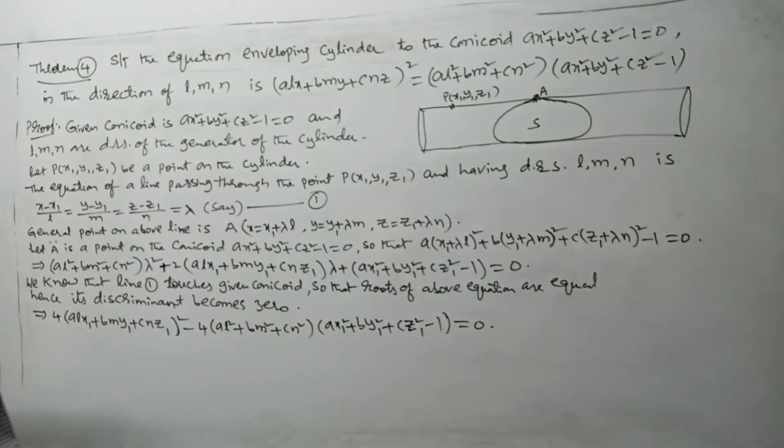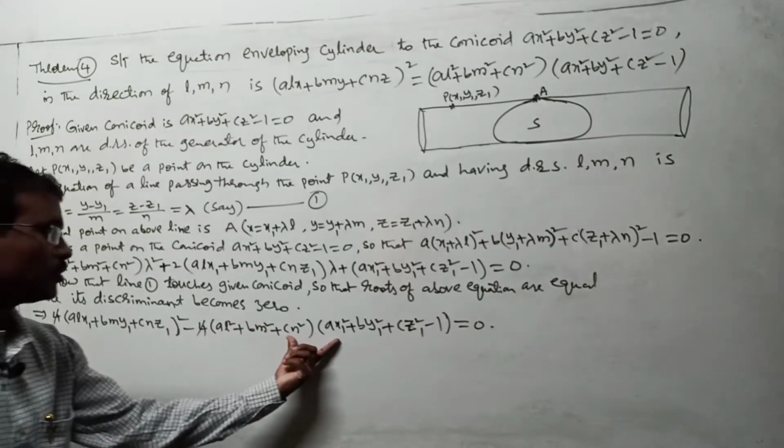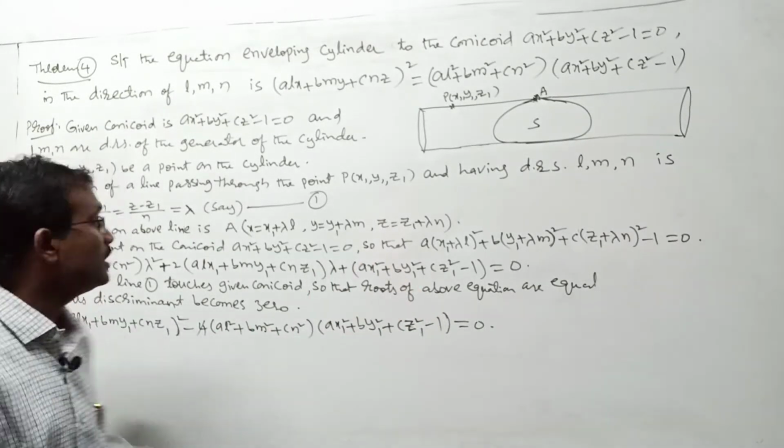Any doubt with this one? Here you can divide by 4 and take this negative term to the other side and then define the locus